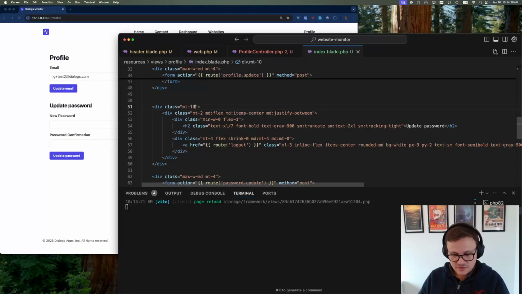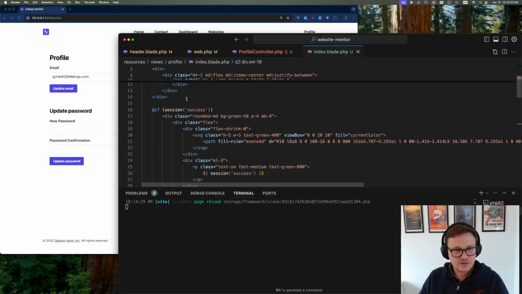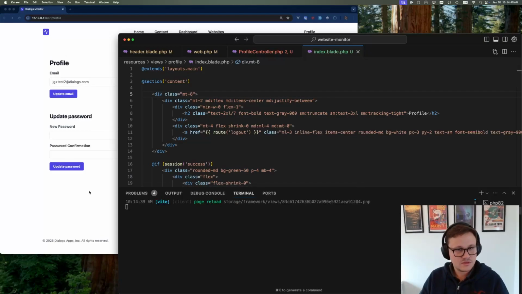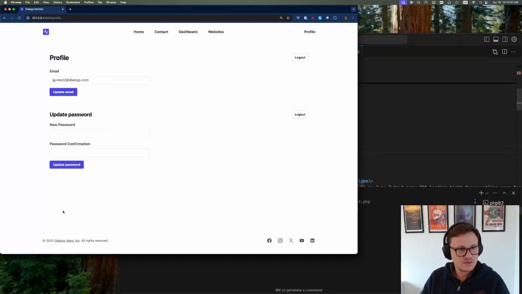We still need more margin. Okay, I think that's better. And here, let's add also just a little bit. No, not there. That's a heading here. Okay, I like that. Oh, I need to remove this